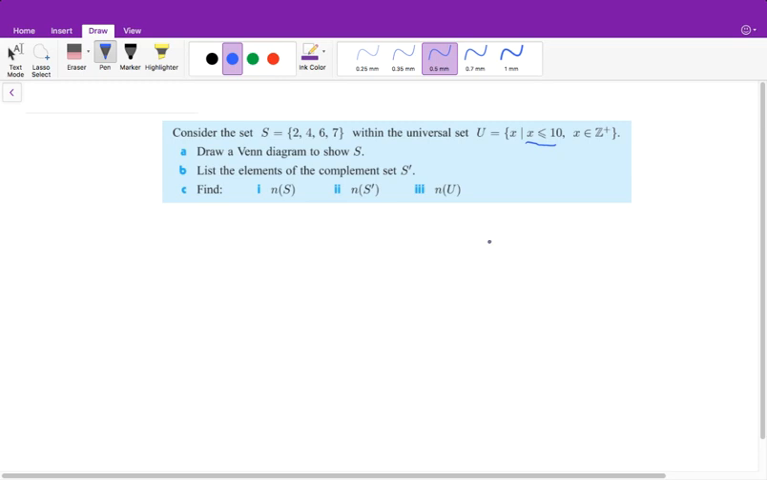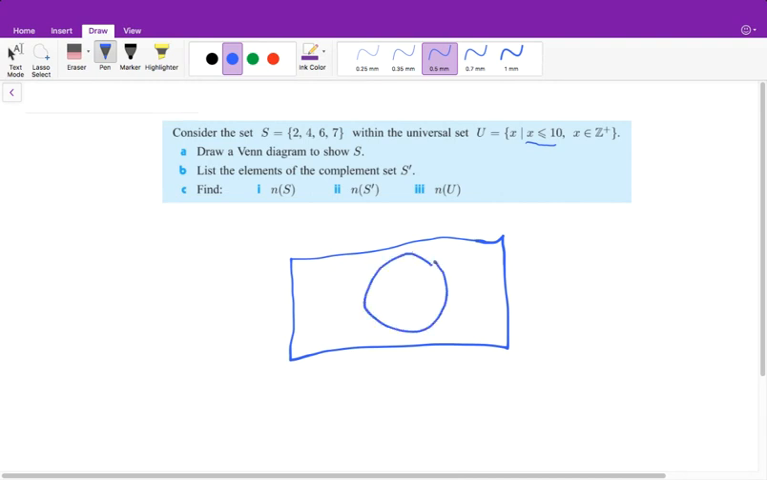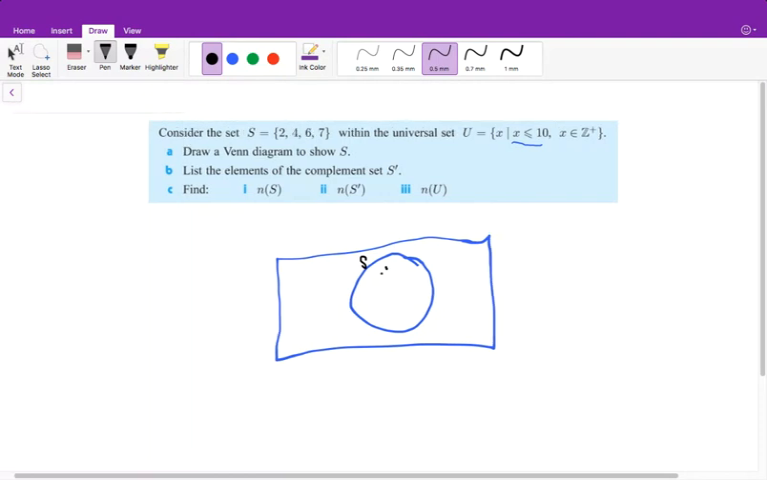So it says draw a Venn diagram S. So we're first going to start, and there's our universe. And within our universe, we have our set S. So we can go ahead and we can label this set S. We're just going to label it out here. All right, and then within that set, we're going to label everything that's in that set. So we have two,